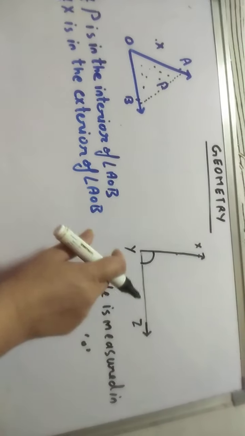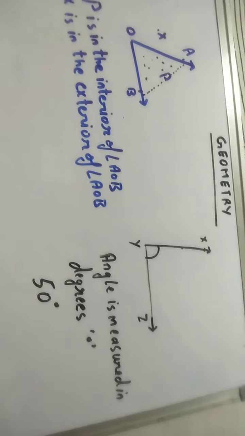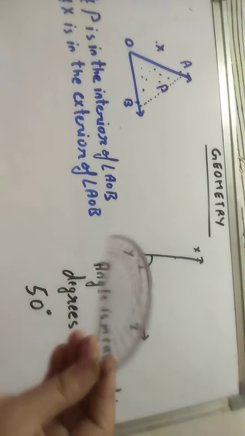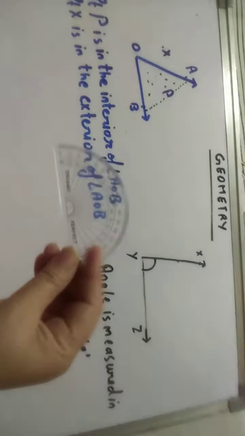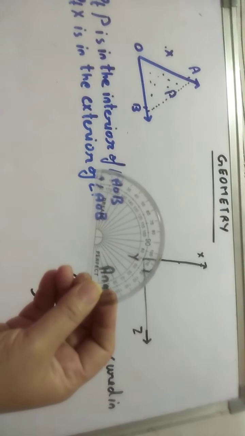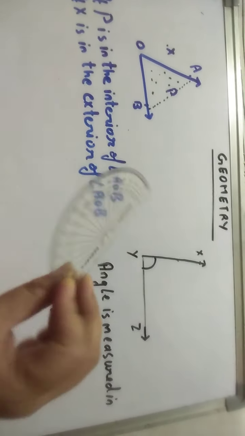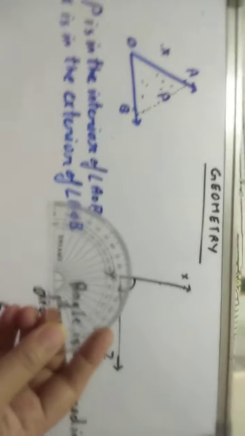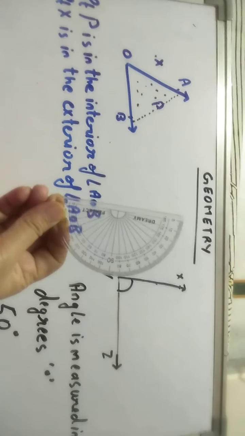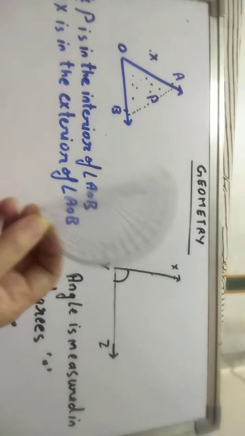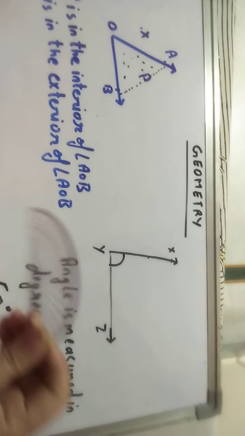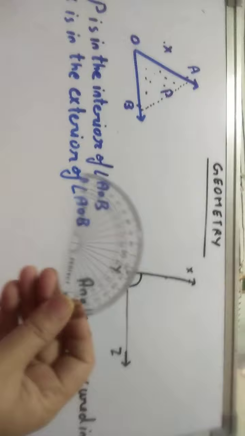Now this is angle XYZ. To measure an angle we need an instrument. In your layman's language, we call it a D, or we can say it is a protractor. Students generally call it D because it looks like the alphabet D. So now how to measure this angle? First we have to understand what a D looks like. Now just observe this instrument, how it looks.